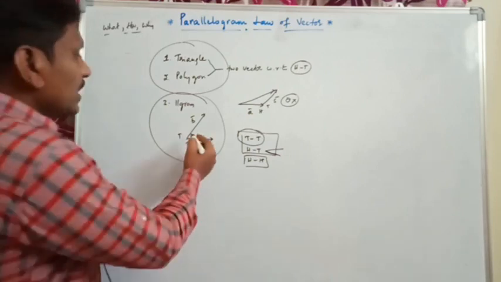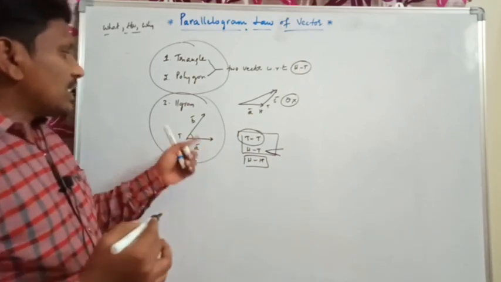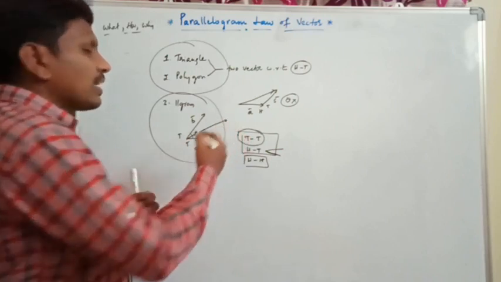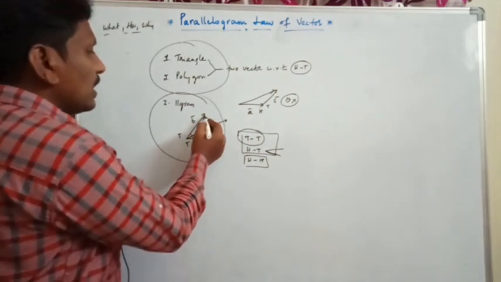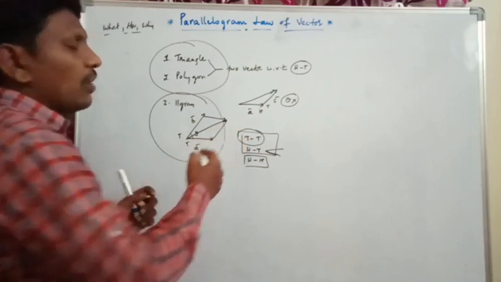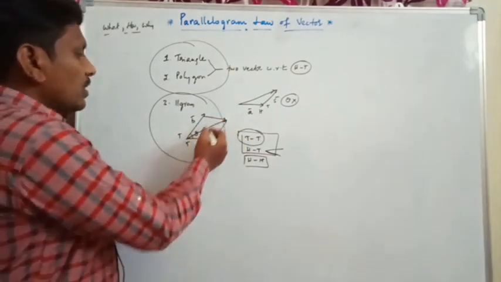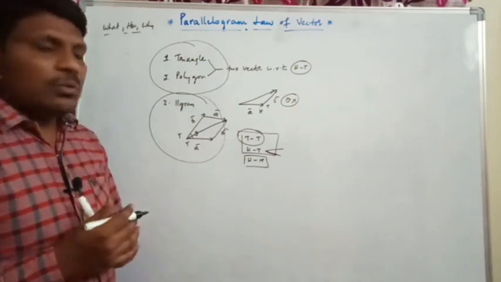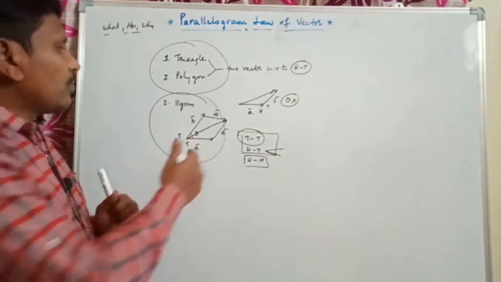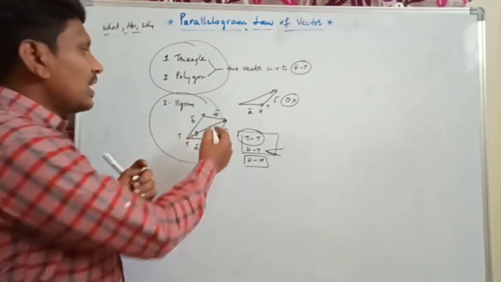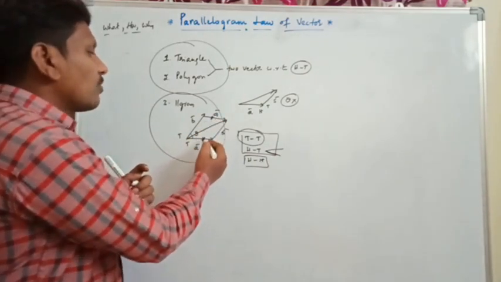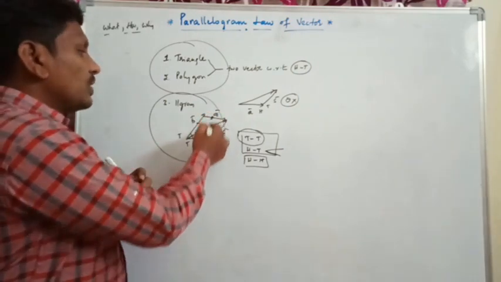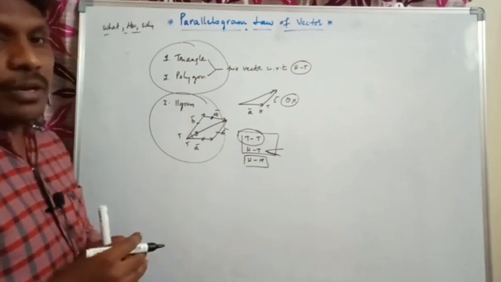So in this case, when the two vectors are added with respect to tails, an angle develops and the resultant vector also develops. In that case, we can simply form the parallelogram. This is the parallel shift, that is A bar, and this is B bar. So the parallelogram is formed. What is meant by a parallelogram? It has four sides and opposite sides are equal: these two sides are equal and these two sides are equal.